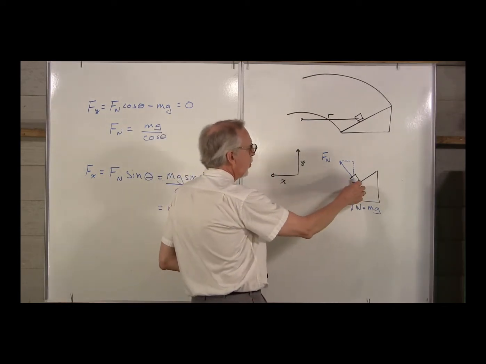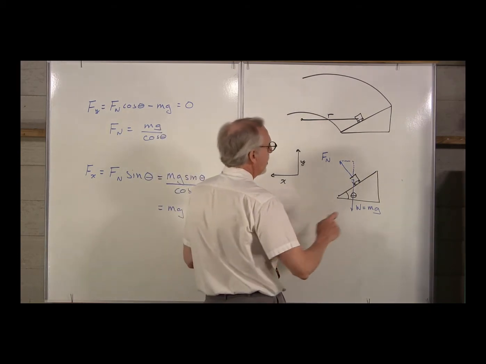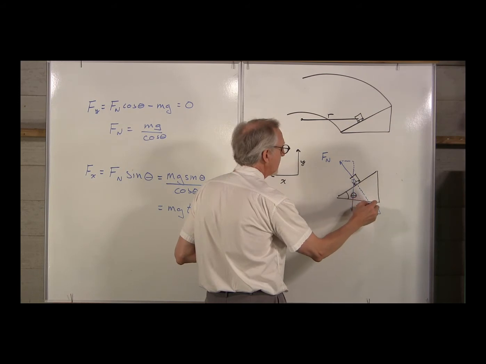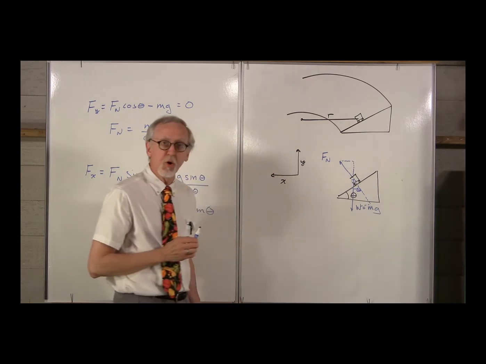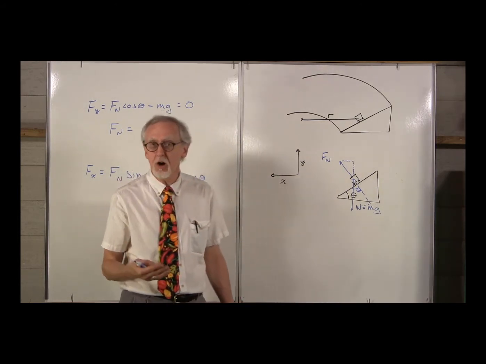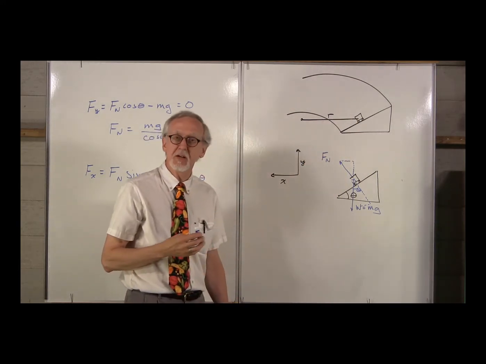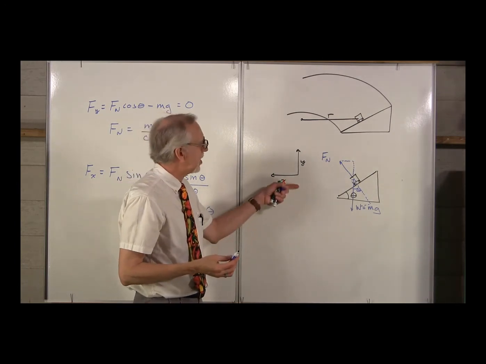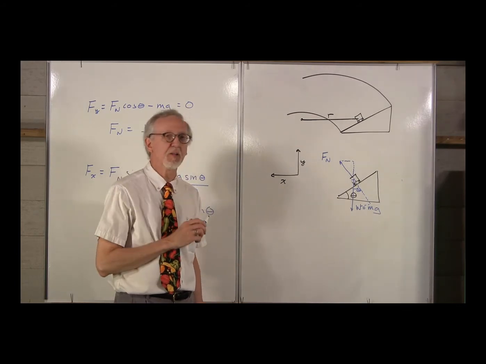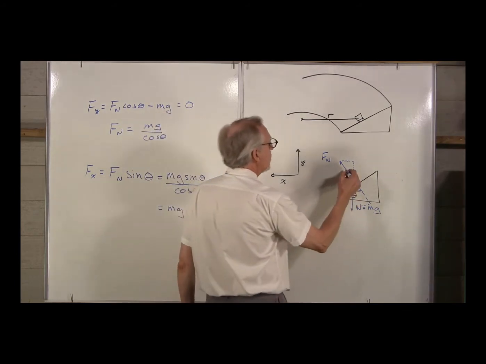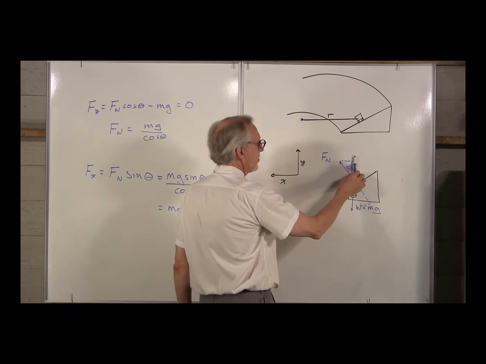Well, if the weight is straight down and the incline is at an angle of theta, then we know that the weight, if we were to decompose it like we had done before, would be theta. But rather than making our coordinates along the incline, because we know the acceleration of the car is going to be centripetally, in other words, in the horizontal direction, we'll define our x-axis centripetally, towards the center of the circle, because we have no vertical acceleration. So if that's theta, we know that the angle between the normal force and the vertical must be theta, and